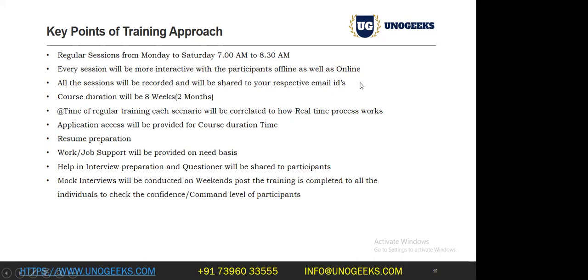That would be lifetime access. You guys can go ahead and use that. And the course duration is 8 weeks. In case the course is not delivered in 8 weeks, maybe 1 week may be extended. That depends on the regular topics coverage. We will target to complete in 8 weeks. In case 1 or 2 days of topics are not completed within the timelines, maybe we can take a weekend long session, that way we can complete it, not a problem.